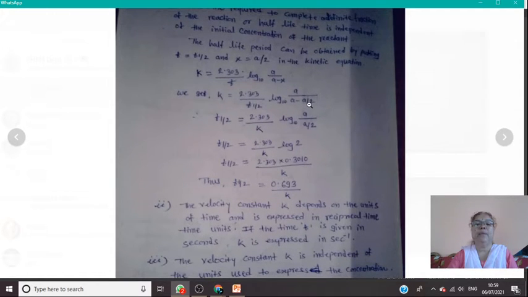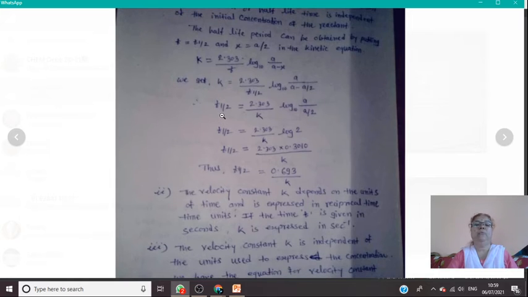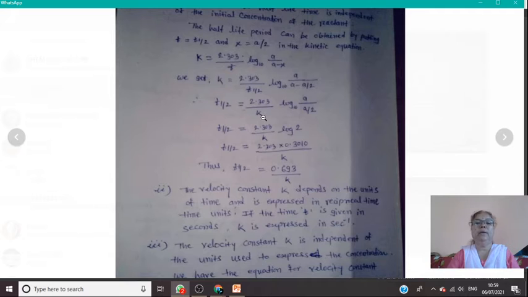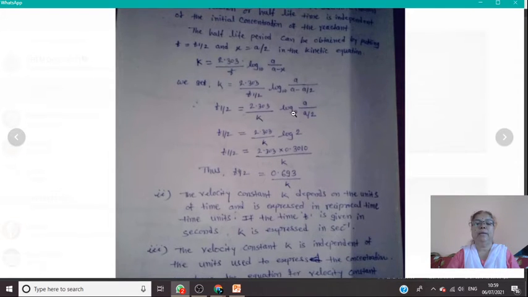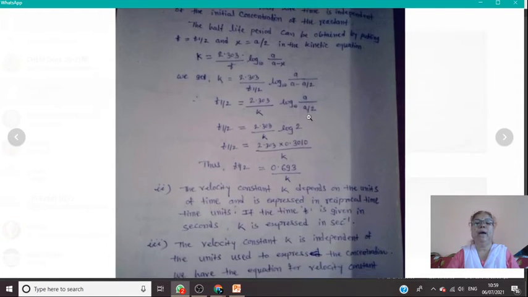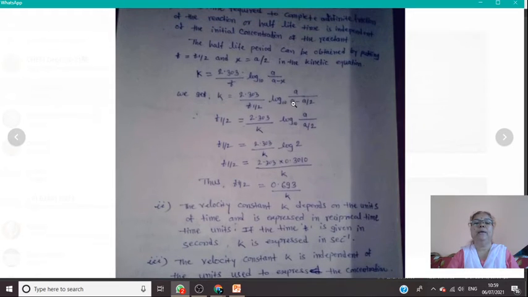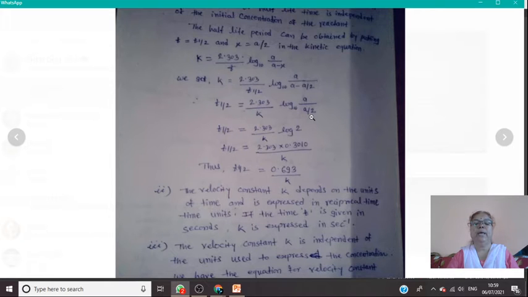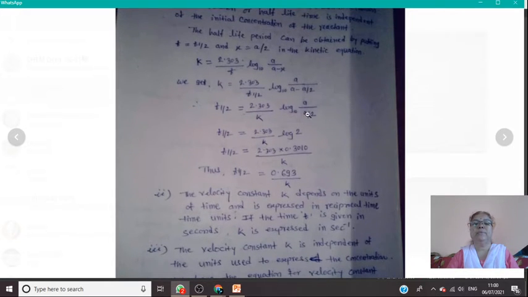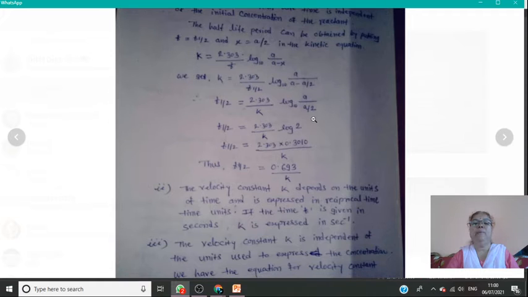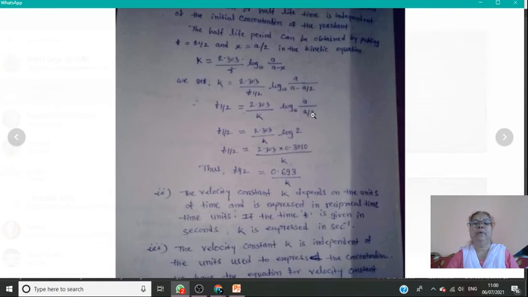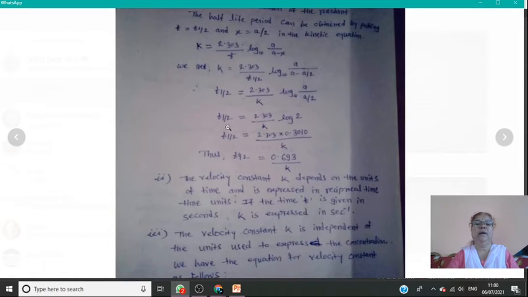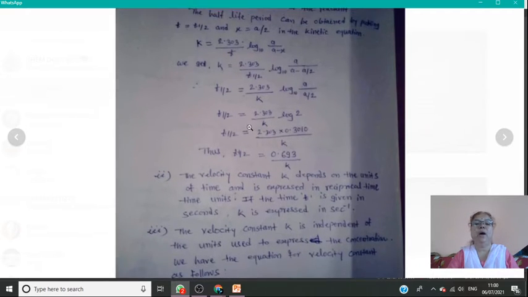Here we get t1/2 equals 2.303 upon K into log to the base 10 a upon a by 2. Here a minus a by 2 is equal to a by 2. And a divided by a by 2 gives us log 2, so the equation we have is t1/2 equals